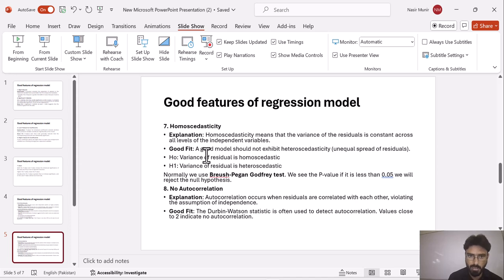H0 is the null hypothesis that the variance of the residual is constant or homoscedastic, and H1 is that the variance of the residual is heteroscedastic, or not constant. For this we normally apply the Breusch-Pagan test, or simply the BP test. We have to apply this test and see the p value.